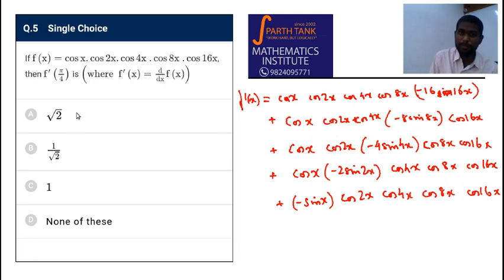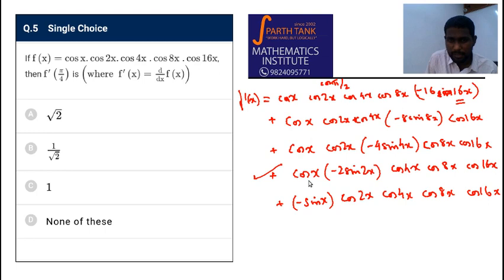If you substitute x as pi by 4, now you can eliminate it very quickly. See, if x is pi by 4, sin 8x will be sin 2 pi, so this will become 0. Sin 4 pi will be 0. Sin 8 pi will be 0. This would be 0. Cos 2x will be cos pi by 2, since when x is pi by 4, this is pi by 2. And this term will all be zeros. So in all these, only this term will remain.